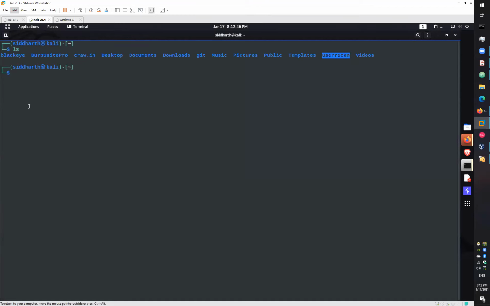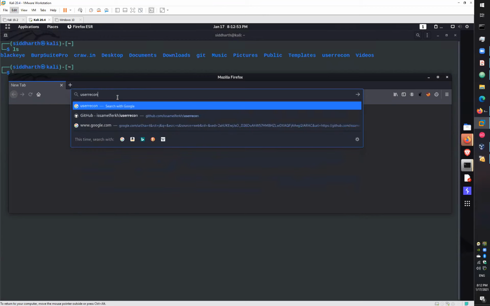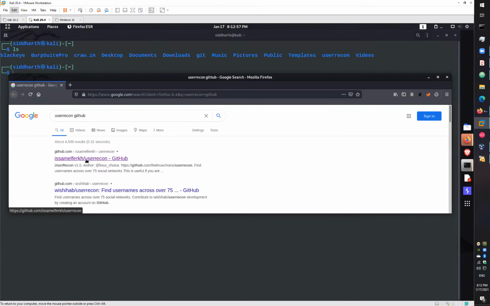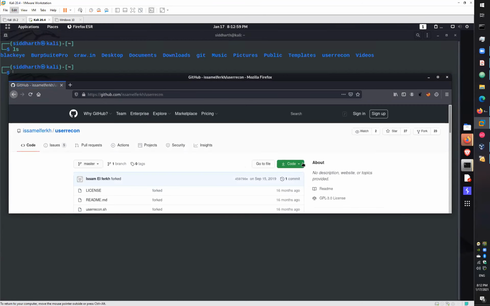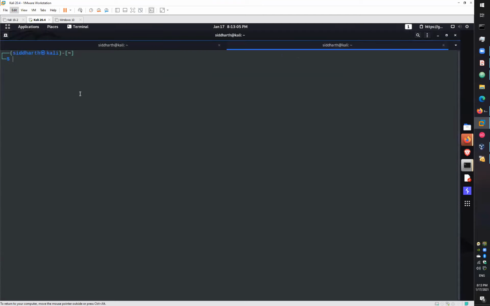I have this tool. So what you have to do to use this tool: simply open the browser and search for userrecon on GitHub. Take the first link, and copy this code part. You can clone this tool just with a command like git clone.